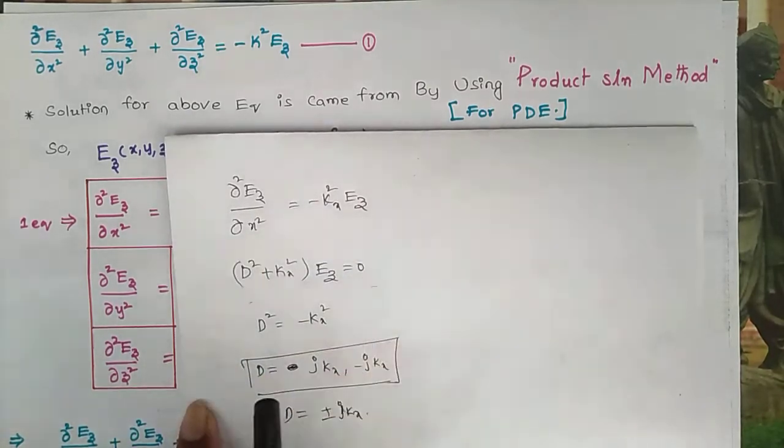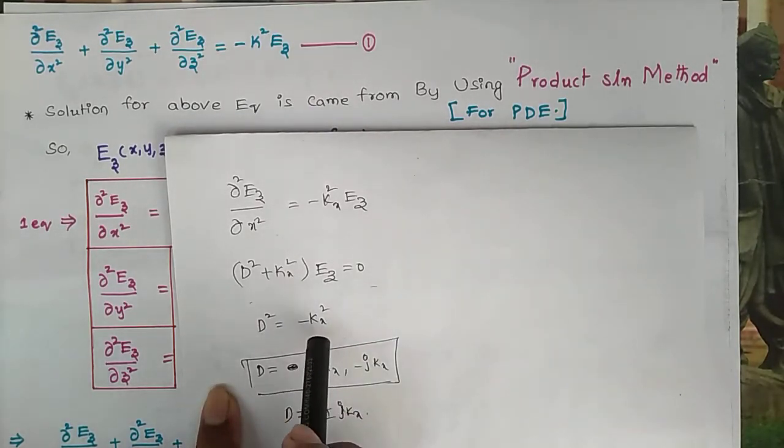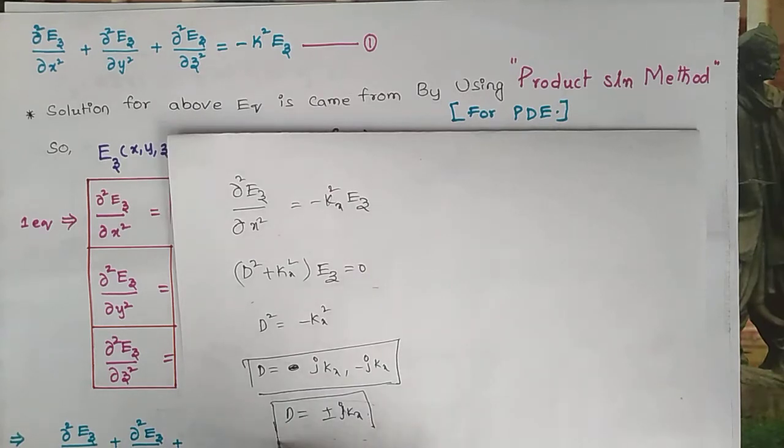So D square equals minus kx square. Whenever I have a negative value, I get D equals plus or minus j kx. Since this is a purely imaginary root, I can write the solution of this equation as